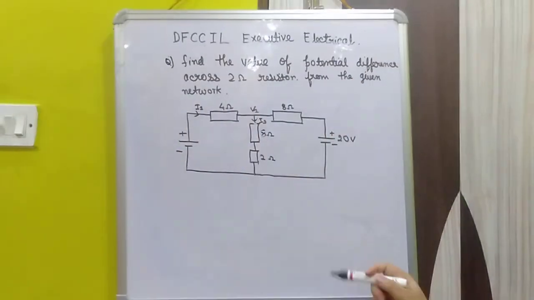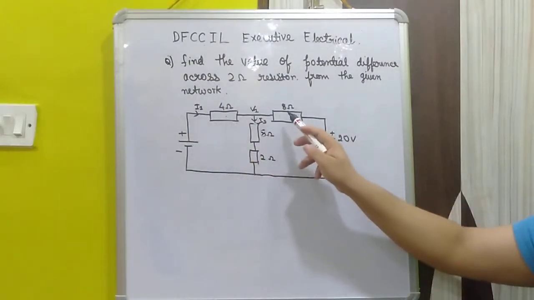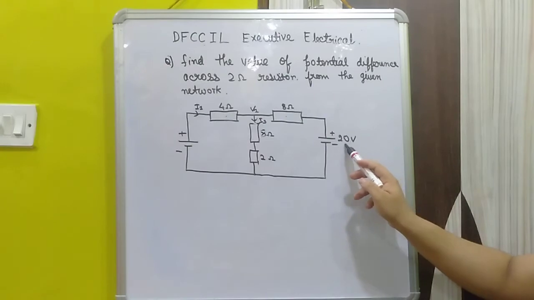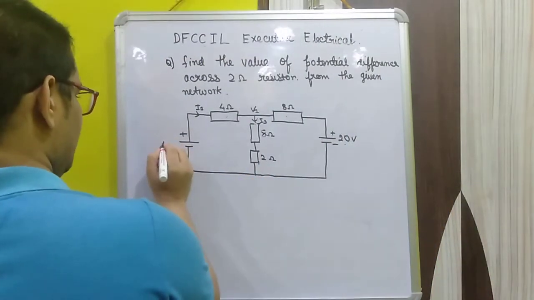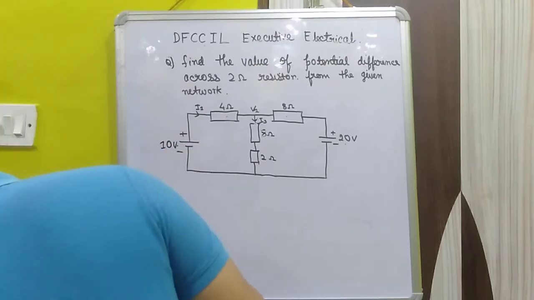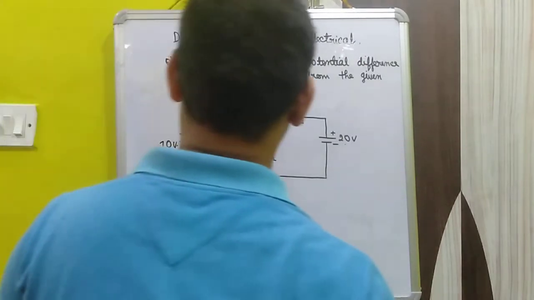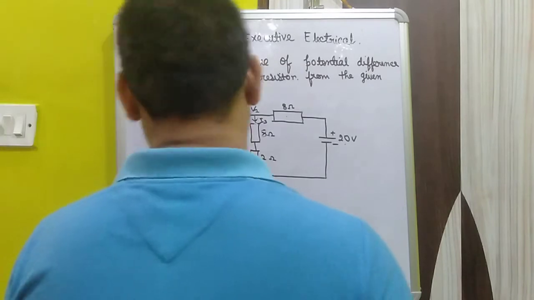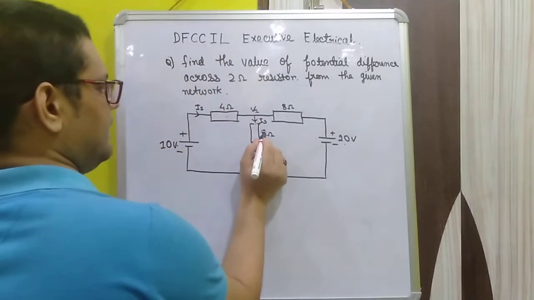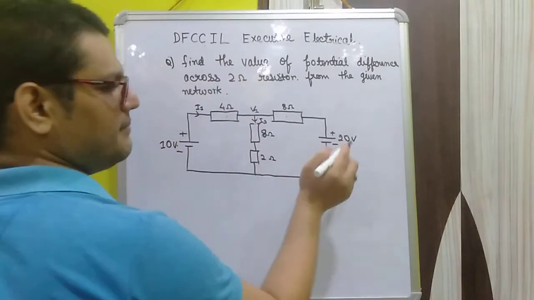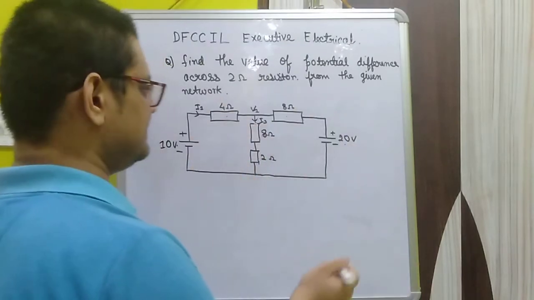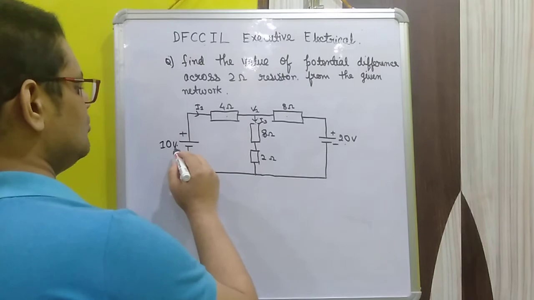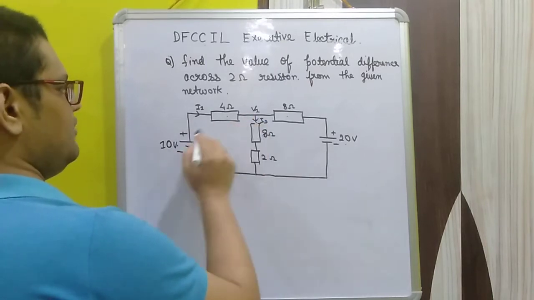So you can see the circuit over here has a 4 ohm, here is 8 ohm, and 20 volt here, and it will be 10 volt. Checking the question once more, it is 10 volt. Now we calculate. It is a similar question which came in the previous one I had solved, and it is very essential even for the SSC junior engineer exam. So we calculate 10 minus V1.